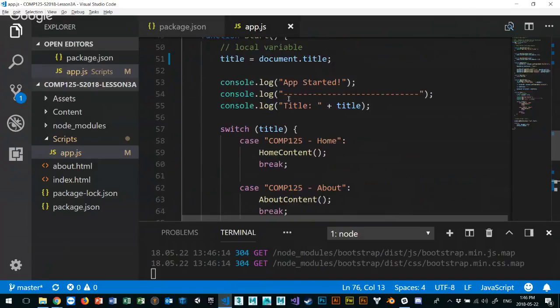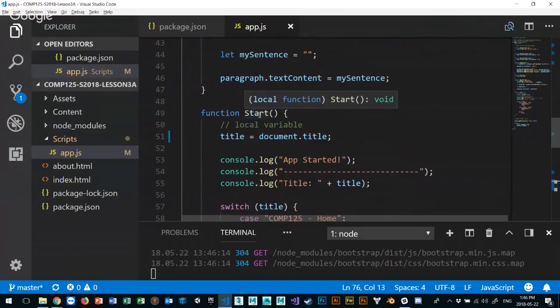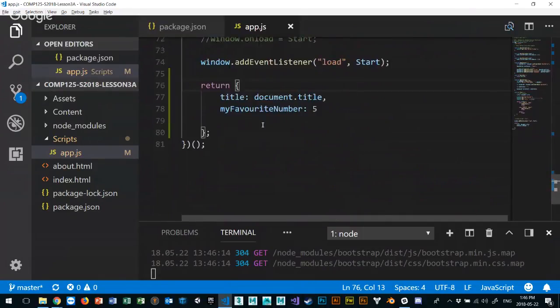I can do that also for any other function. Any function can return an object. It can return an object, an array, whatever I want from the function. Okay, so that's one. So if I save this, and